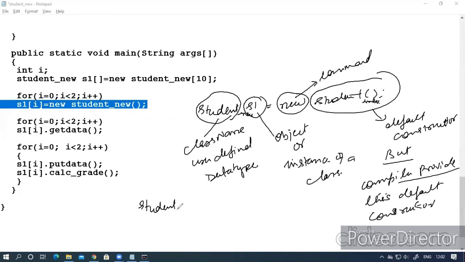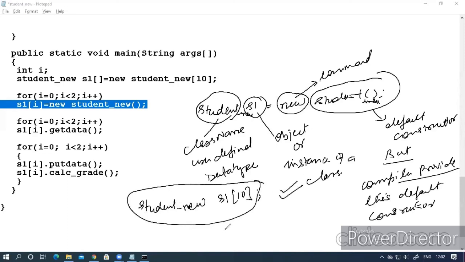So Student, I want to create an object array. So I want to enter 10 people's information. So I had created this object, but in C++, this is okay. But in Java, we cannot do it like this. So how do we have to do this?